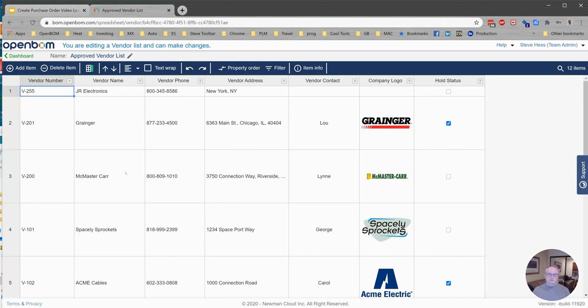And this is the vendor list that I like to build. We give every vendor a vendor number and their name and various pieces of information about that vendor. This information will show up on the purchase order. I like to include a company logo. This doesn't present on the PO, but I find it helpful in my organization where people downstream are looking, maybe